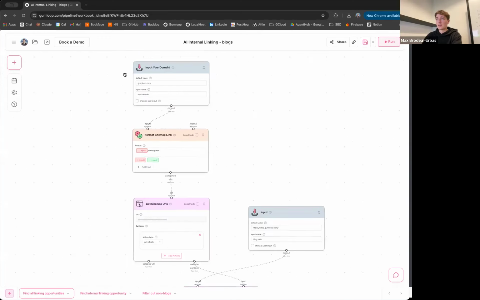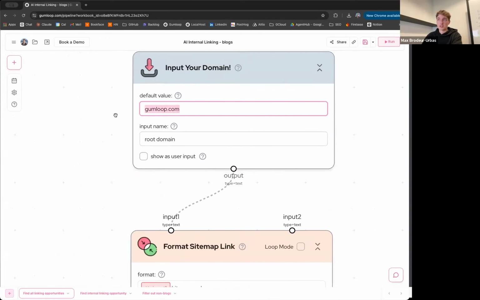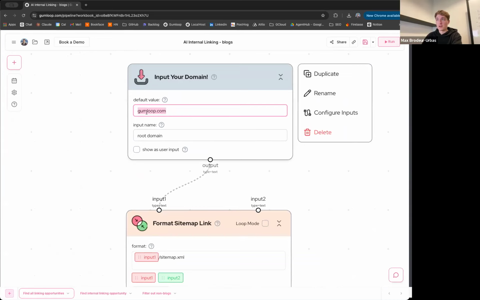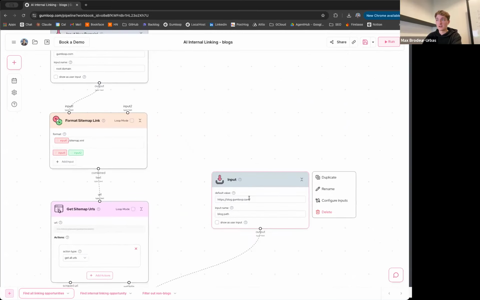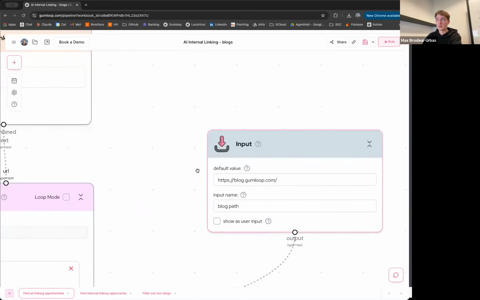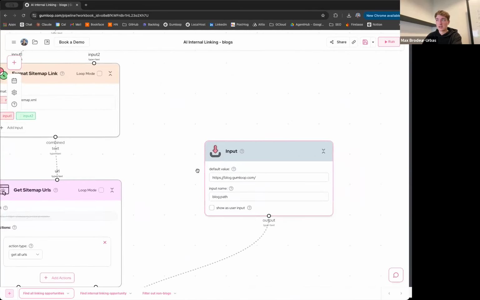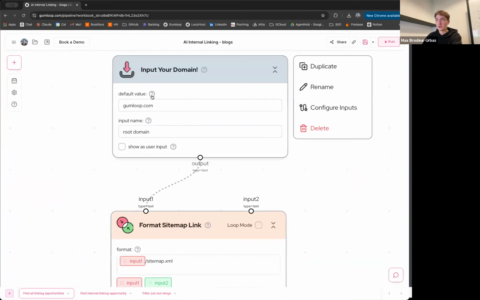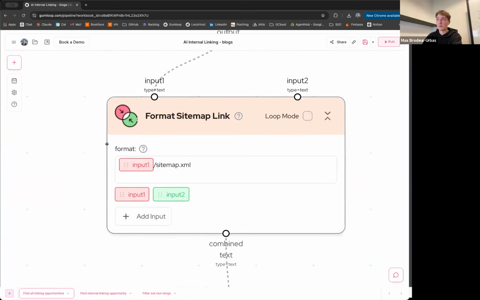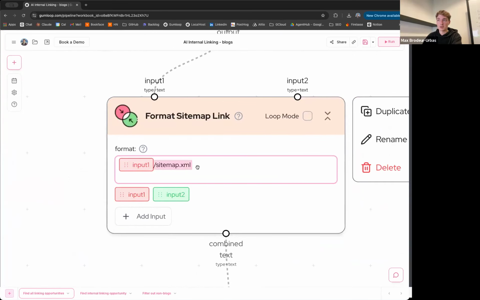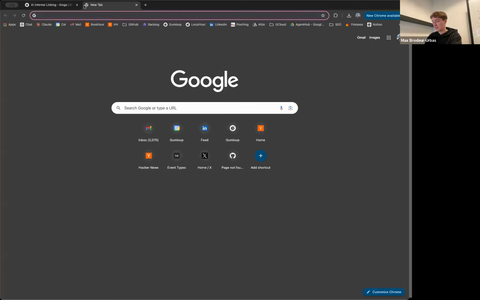So the input to this flow is literally just the domain. It's your domain name. We wanted to make it as easy as possible. So all you have to do is specify your domain and also what a blog on your website looks like, which I'll explain in a second. With your domain, we just reformat that piece of text so that we append /sitemap.xml. If I go to gumloop.com/sitemap,